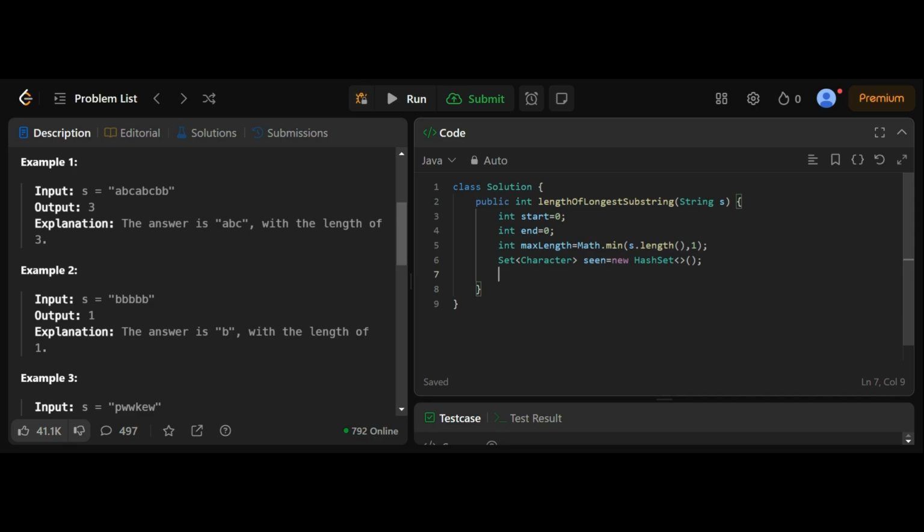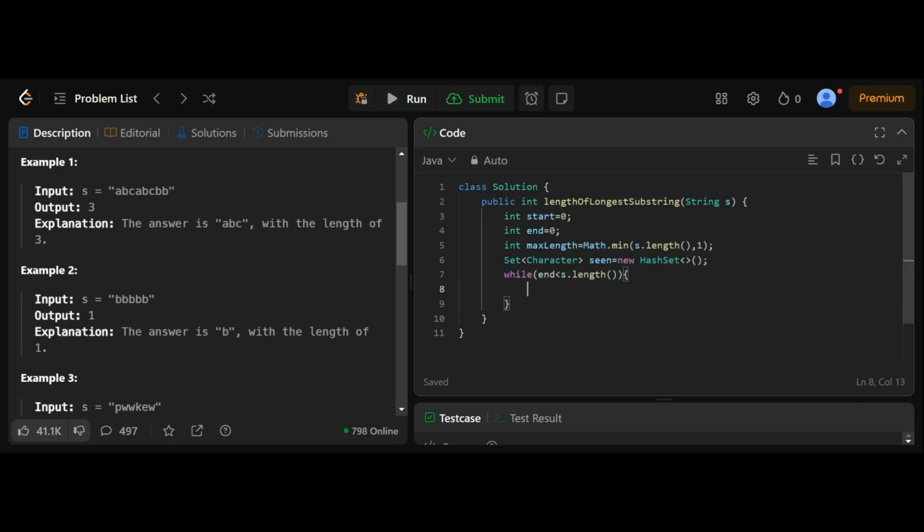The reason behind that is I need to check whether this end is less than the string's length. This end should be less than s.length in order to avoid array index out of bounds error.